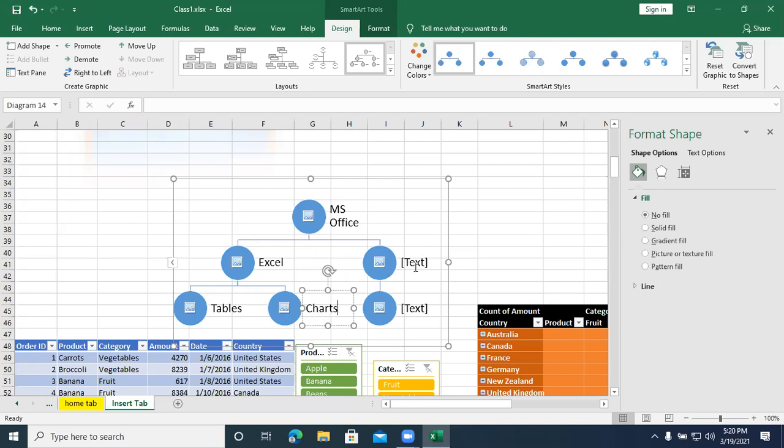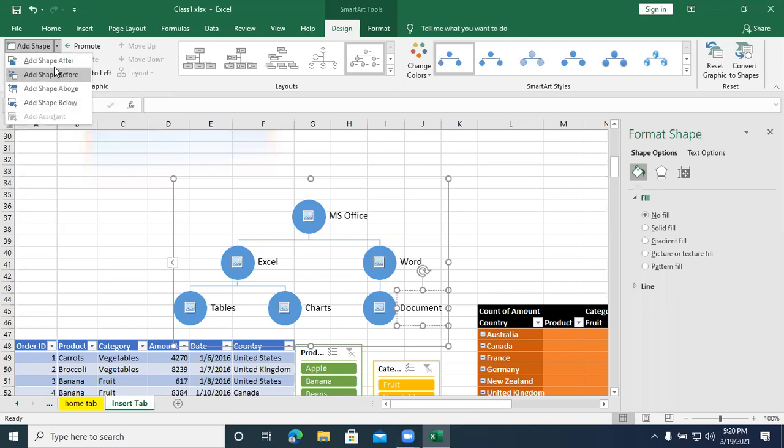So below the MS Office, I want one more, Word. MS Word. Under the Word, I can create a document. I can prepare a letter. But one more shape is not there if I want to type as letter. So if you want to add any extra shapes, it's possible. Once you insert the smart art, you're getting smart art tools, go to design, add shape.